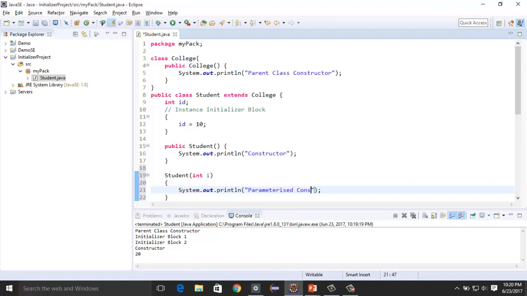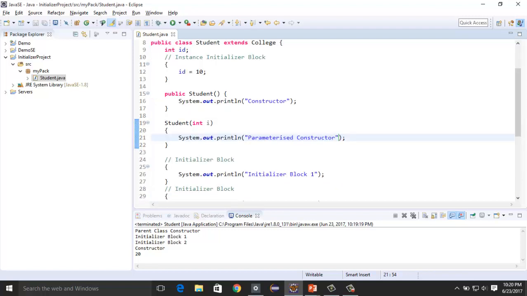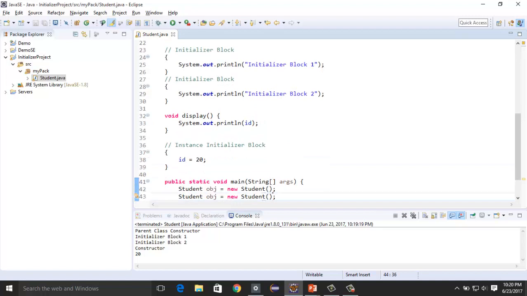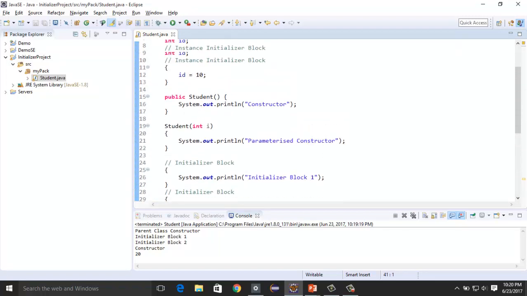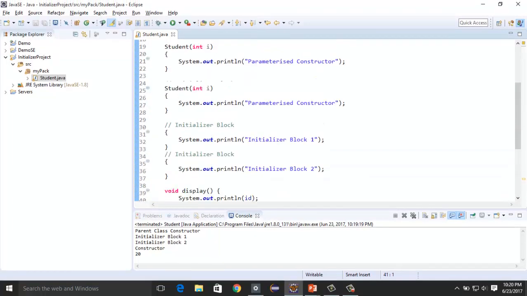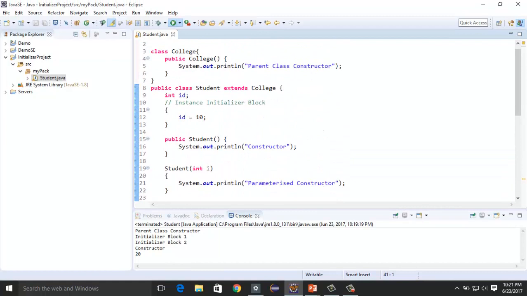Parameterized constructor. So here I am calling two constructors, and let's run the code.